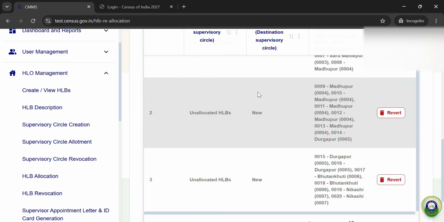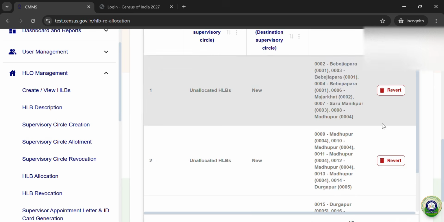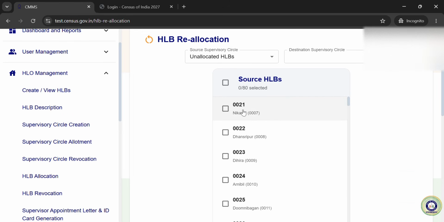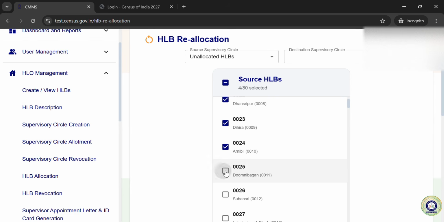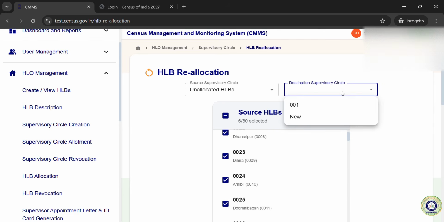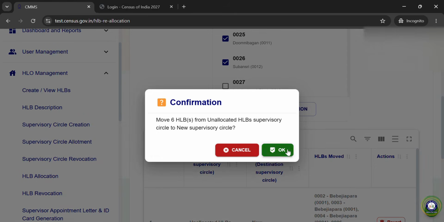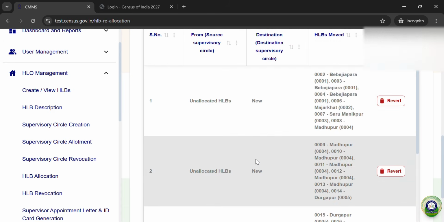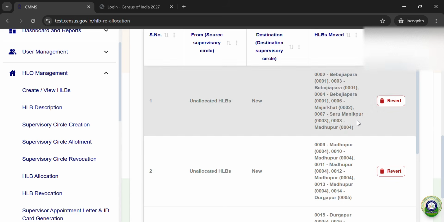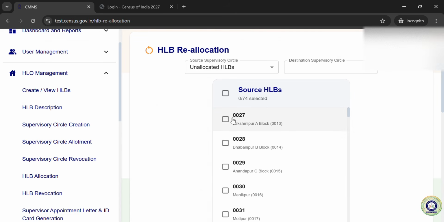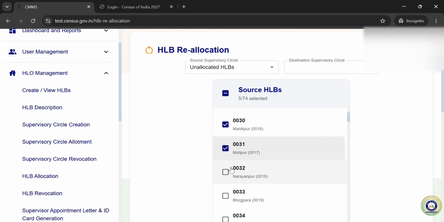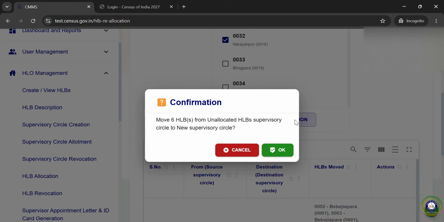Now we have three supervisor circles, each having 6 HLBs allocated to them. Next 6 we will again select and create another supervisor circle, add to destination, and now we have 4 supervisor circles, each with 6 HLBs. Now the next 6, new, add to destination.